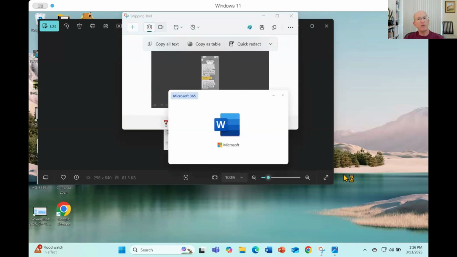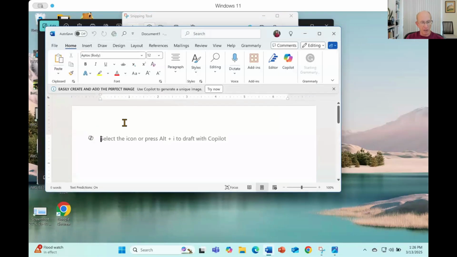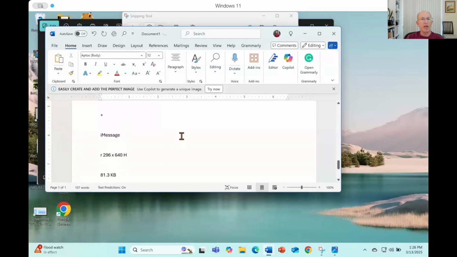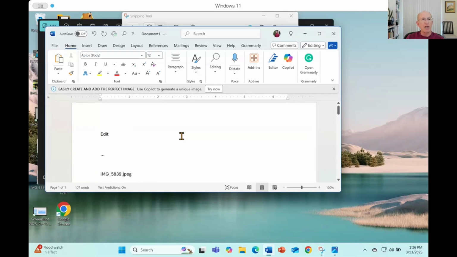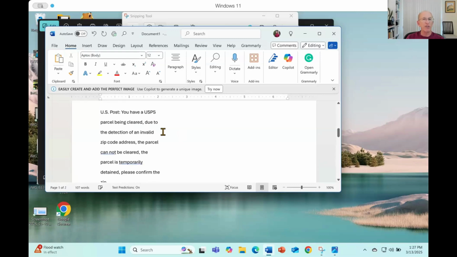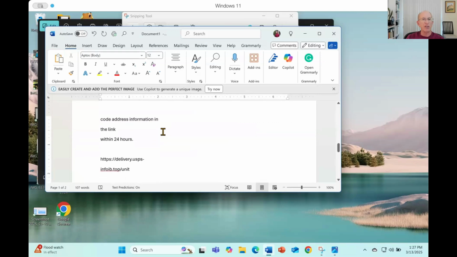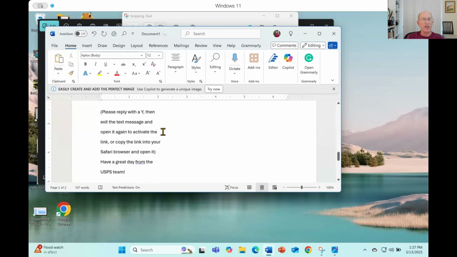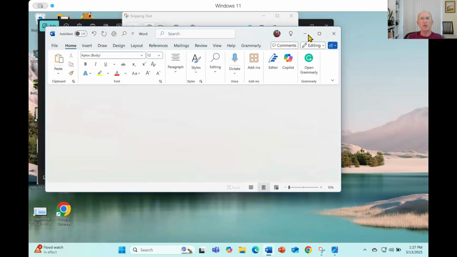So with Windows 11, the Snipping Tool does a pretty good job here. Let me paste that in and see what happens. So there it pasted everything in. This is a fraud email that came in. It tells you a little about the image. So it says you have a U.S. Postal Service parcel being cleared, and I'm going to do some presentations on scams, and this is an example of pulling an extract from that. So the Snipping Tool is one of your tools in Windows that makes it